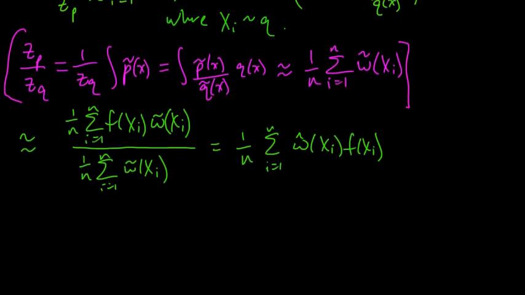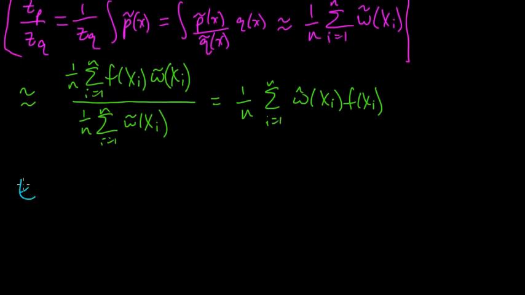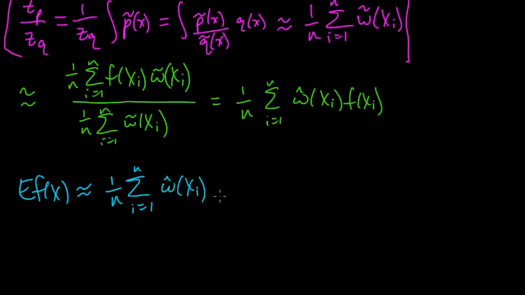And so when we don't know the normalizing constants, we can still do importance sampling, and we have the following approximation,